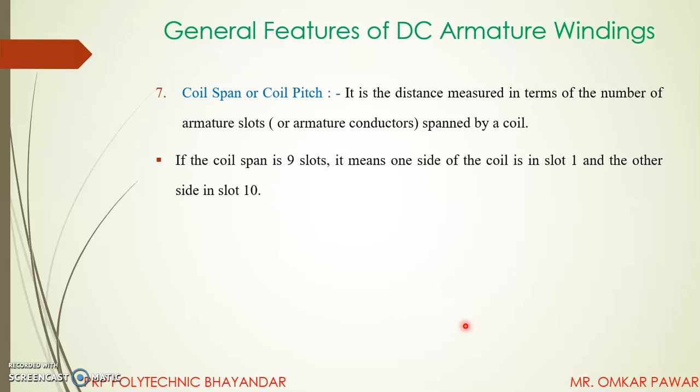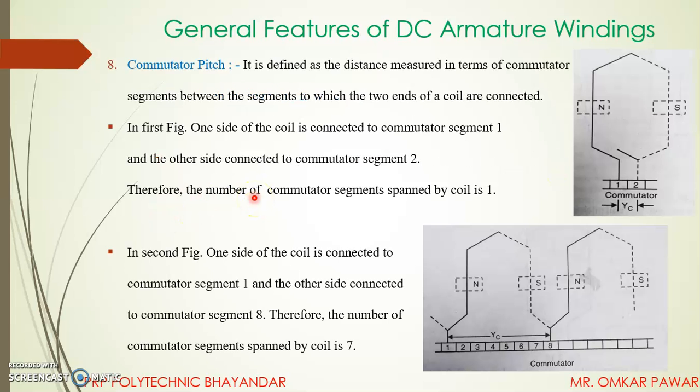Next is coil span or coil pitch. It is a distance measured in terms of the number of armature slots or armature conductors spanned by a coil. For one coil, how many armature slots are present. So if the coil span is 9 slots, it means one side of the coil is in slot 1 and the other in slot 10. So for example, suppose this is one coil in slot 1 and the other coil side is in slot 10, in that example,